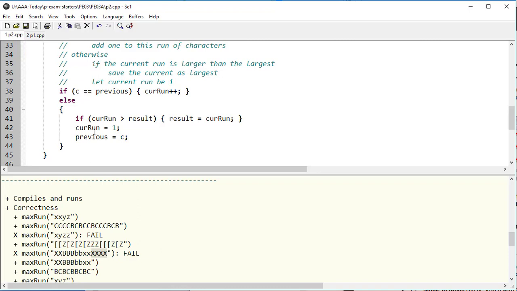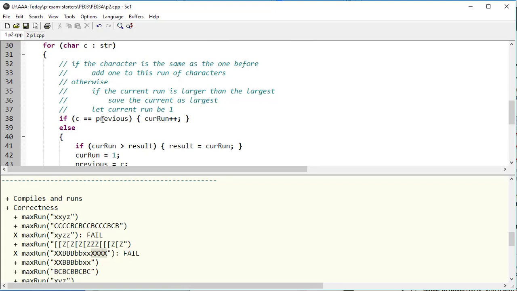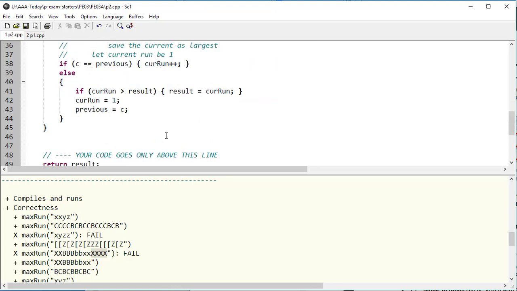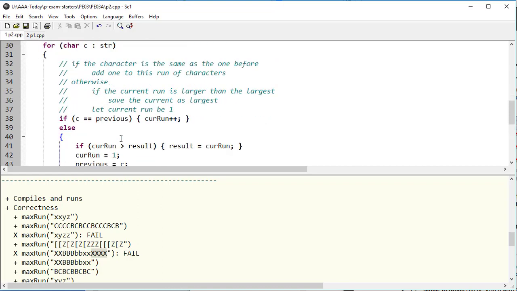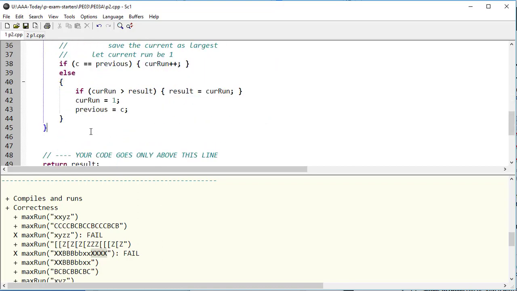Well, imagine that we have counted up, so current run is 4 in this case, and then we run out of characters. In other words, we get to the end. Is there any place where we set the result to current run? No, there is not. So this is a case where after the loop is over, we have to handle the